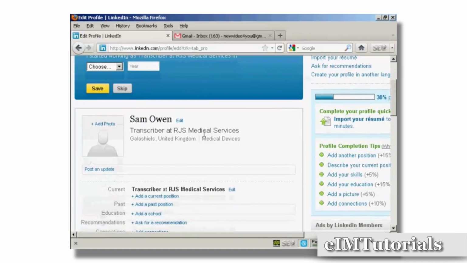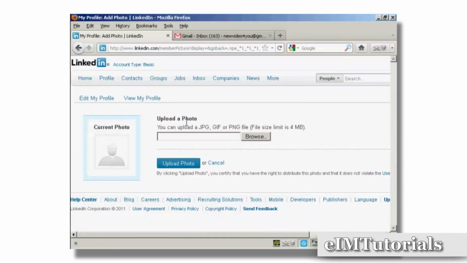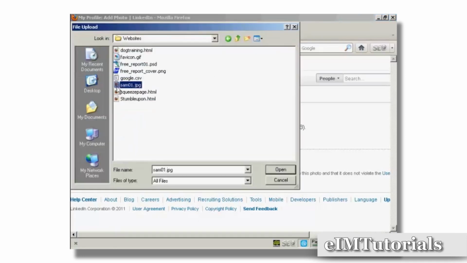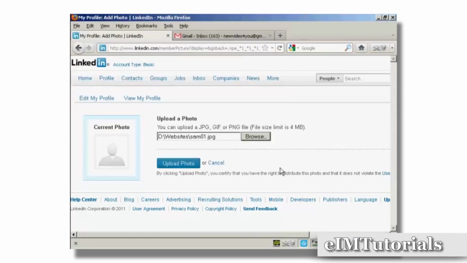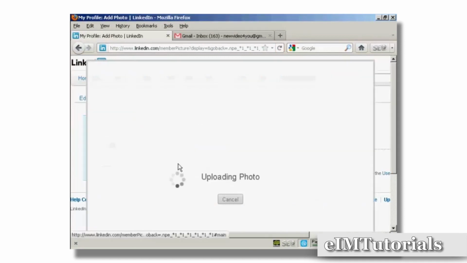First thing you want to do is to add your photo, and this should be a professional looking photo. You don't want to have a snap that was taken at the Christmas party or anything like that. You want to have a nice looking photo. So let's just upload a photo here. I'm going to click on add photo, and then I can upload it from my computer. So click here on browse, and this is the photo I'm going to upload, sam01.jpg. So click on open and then click on upload photo,